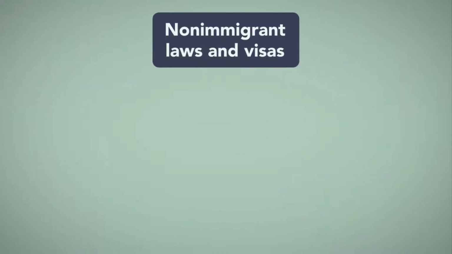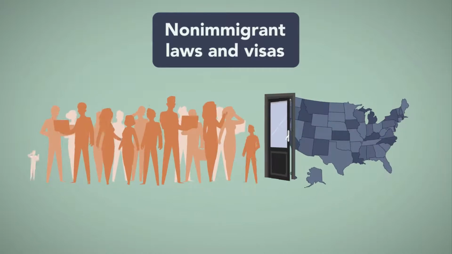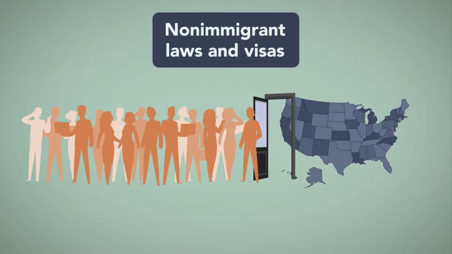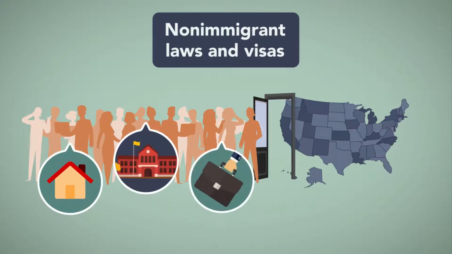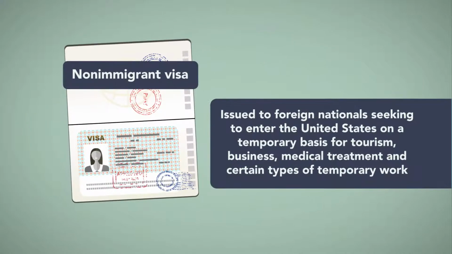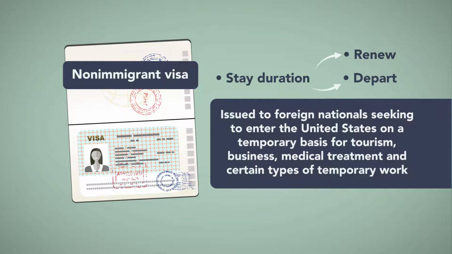Although the United States takes in more than 1 million new legal permanent immigrants annually, not everyone who comes to the U.S. does so with the intent to stay. In many cases, non-immigrant visas are the mechanism through which the federal government screens applicants for such temporary visits. These visas also establish how long the visitor may stay until the authorized duration expires, at which time the visa must be renewed or the visitor must depart from the country.